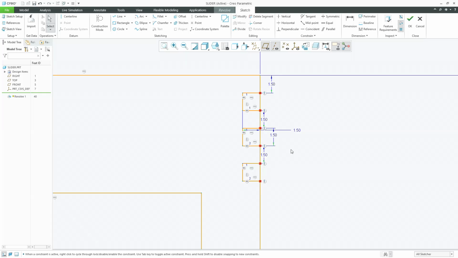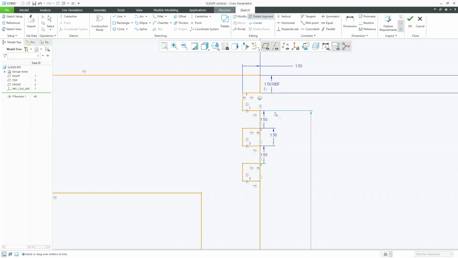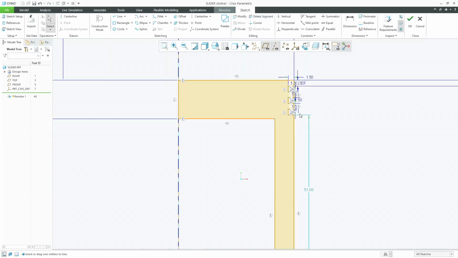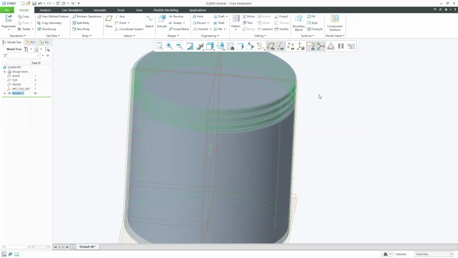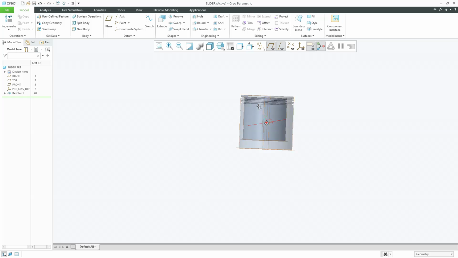All the dimensions I'm following as same as 1.5 in the previous one. I'm deleting all the unwanted lines here, and here we have a sketch of cylinder. Just click OK here and we can see a cylinder kind of a structure and a slider has